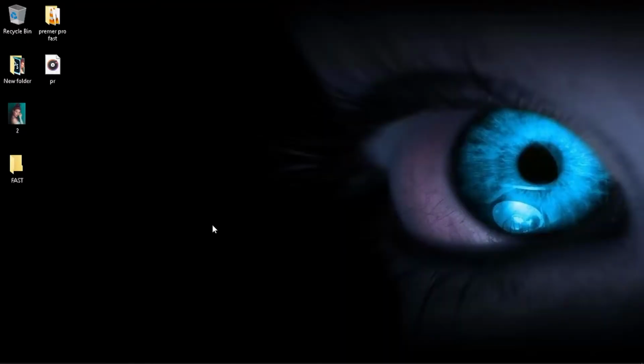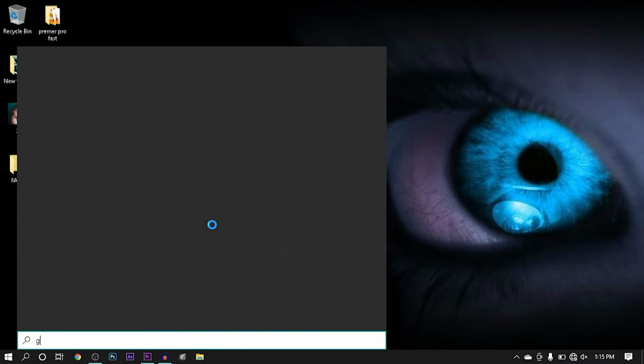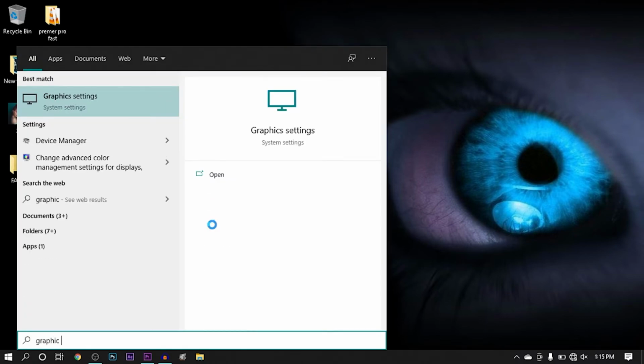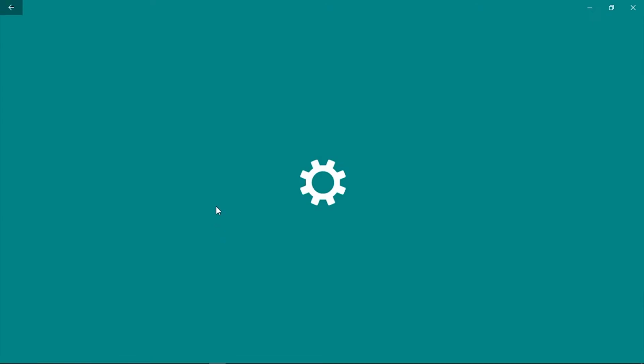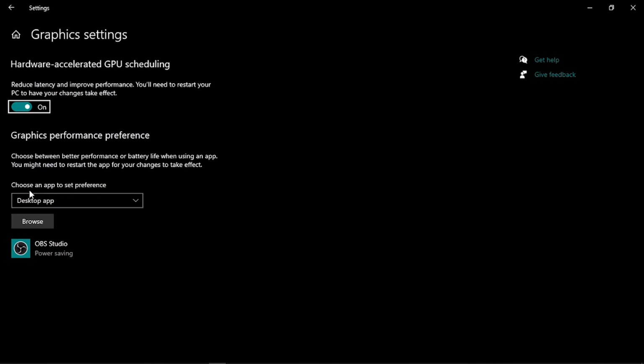Second step is you need to prioritize the software which you wanted to make the GPU to focus. So for this, press Windows on your keyboard and type graphics settings. Then choose an app to set preference will be available. Click on browse,